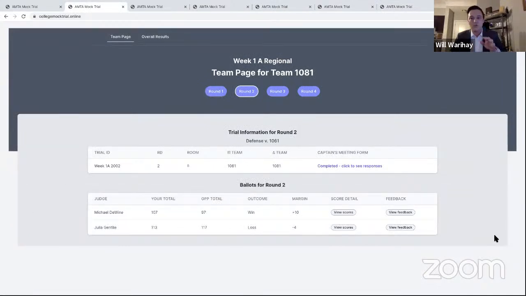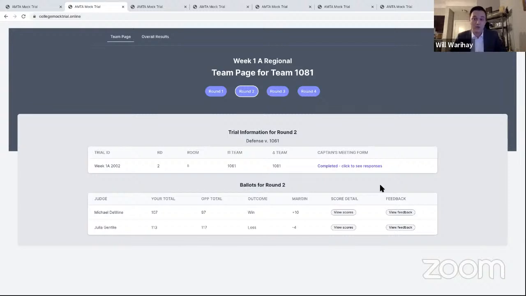Now, to be clear, this will only show to the individuals that each team has identified that should have ballot access. And so before your tournament, each team will get 2 emails. One email will be providing captain access, and the second email with a separate link will be for ballot access. So this won't necessarily populate for everyone who's accessing the system.